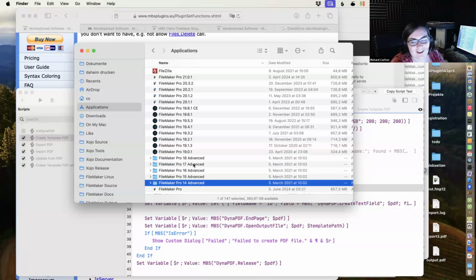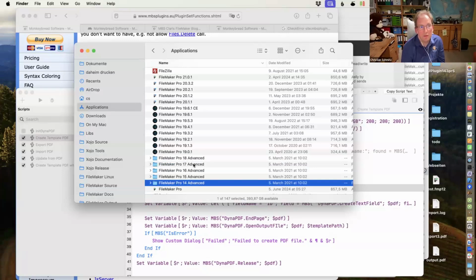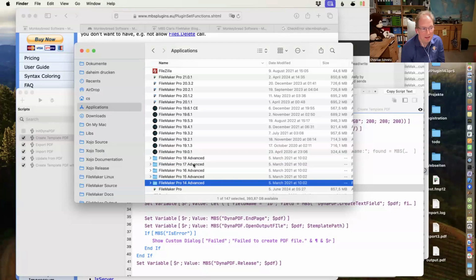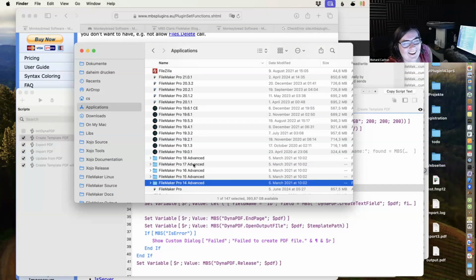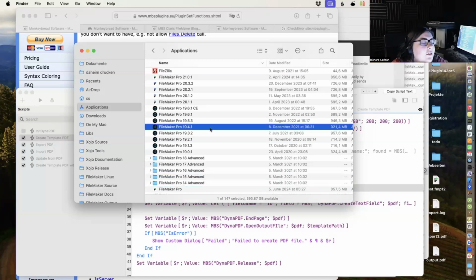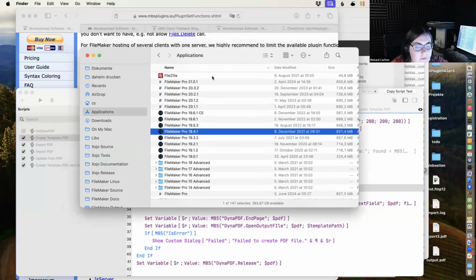That's so nifty. If you want them, you may want to install an older operating system first on some Mac, set it up with FileMaker 14, 15, 16, and so on, then begin upgrading, migrate it to a newer Mac, carry it over. That's actually a nifty trick. I didn't even know you could do that. It's all about these little hidden files for the licenses, you know? Oh, okay.